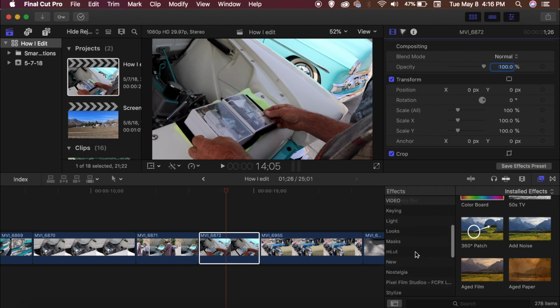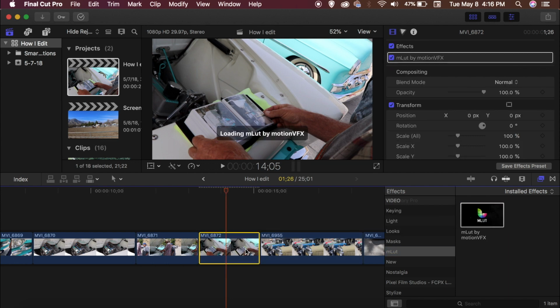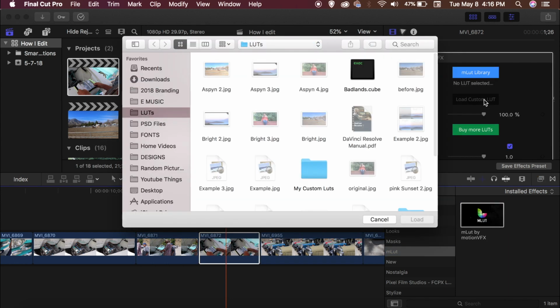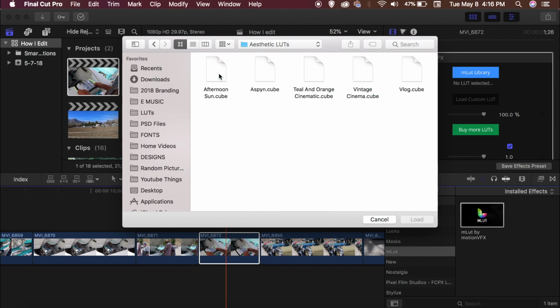So basically you go download LUT, then you go find it in your effects panel and you drag it over. And I know in Premiere you should be able to just find it super easily, but once you do that, you just hit use custom LUT and you go in, and these are actually my LUTs that I created